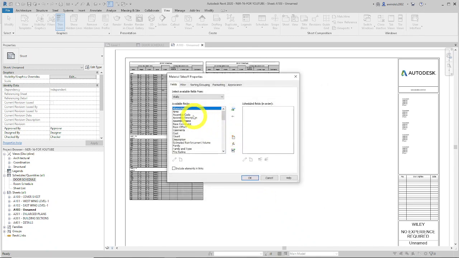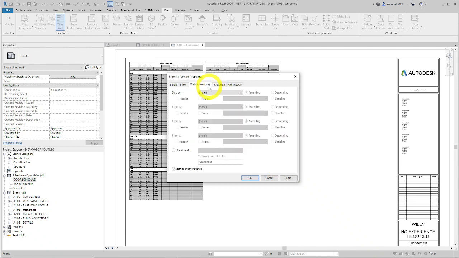We're going to pick the things we want to quantify. I'm going to start by going M for material, and we're going to get here. We're going to do material area first, add parameter, material name, and lastly, looking for just count, not material count, count total. We'll hit that. Now we're going to go to the sorting grouping tab,